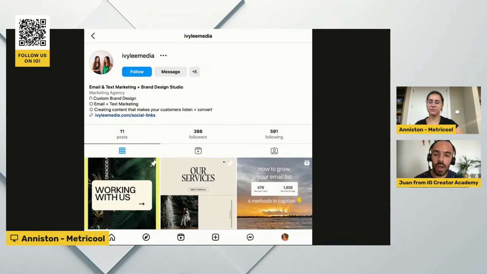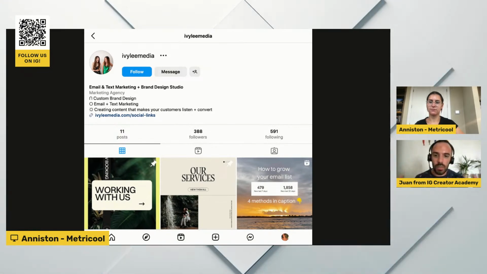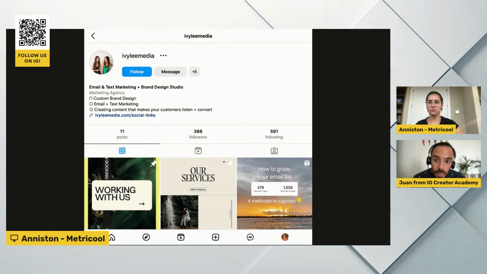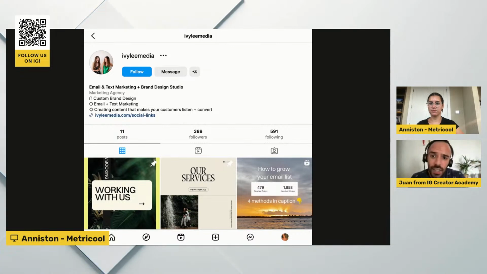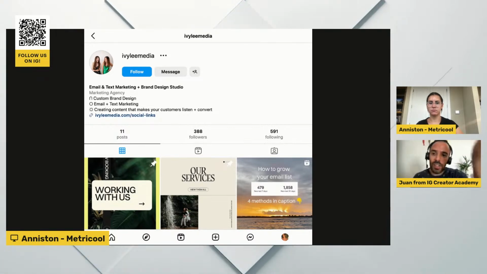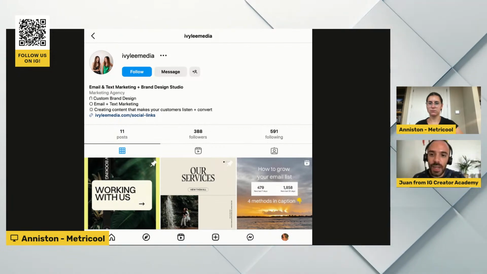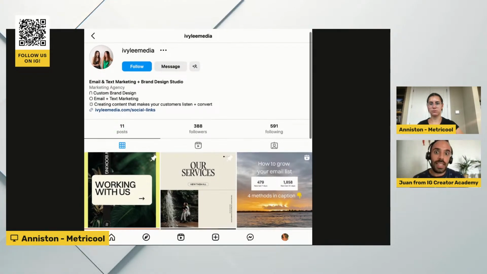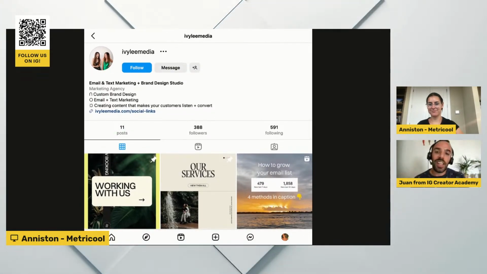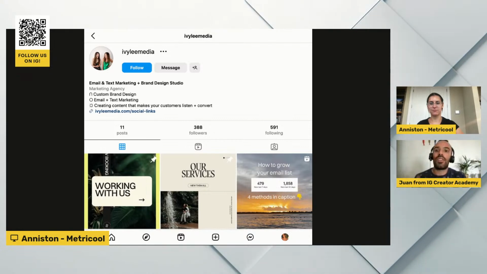You're using the Instagram name space really well. So anyone that's looking for email marketing or brand design is going to be able to find you if the rest of your profile is optimized. I would just add your names here because I can see it's two of you, two ladies, but what are your names? When someone's arriving to your profile for the first time, they want to reach out to you, or you have a new follower, you need to let them know your name so that they can connect with you or chat with you and address you properly.